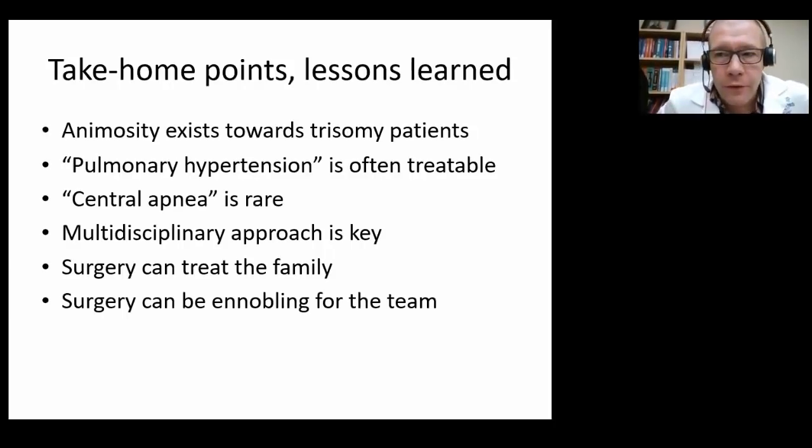So as a hospital and as a multidisciplinary team, this is a kind of a new enterprise for us over the last few years. And I believe that we have encountered a significant unmet need in the community, the national community of families who are caring for children and treating children with trisomy 13 and 18. And we've learned quite a few things. We've learned along the way that there is oftentimes a certain animosity towards patients with trisomy, and it's hard to understand. You see this in the literature, you see this in medical textbooks, and you see it in the opinions and attitudes of many practitioners, that it's beyond, for some reason, it's beyond